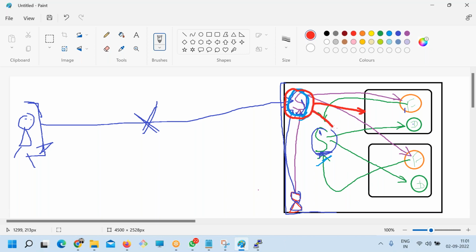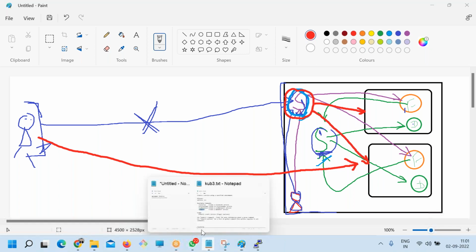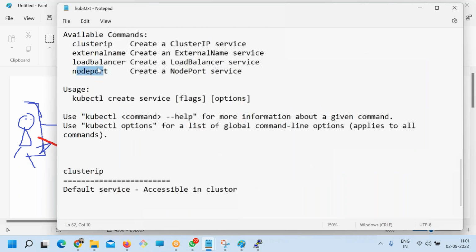So the moment this service is exposed at the node port, if the firewall allows it, this guy can hit the IP address of the node. Possible or not? Yes, possible.